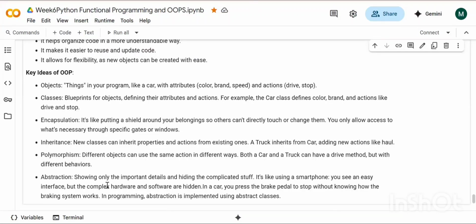I'm checking, Sudha. I'm checking it. Hospital is a class, patients and beds are objects. Yes, it is correct. Very good, Sudha. It is correct. Thank you, ma'am. Most welcome.